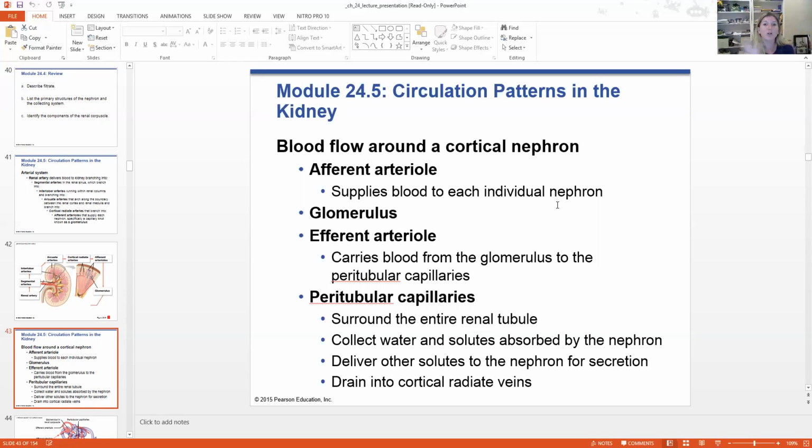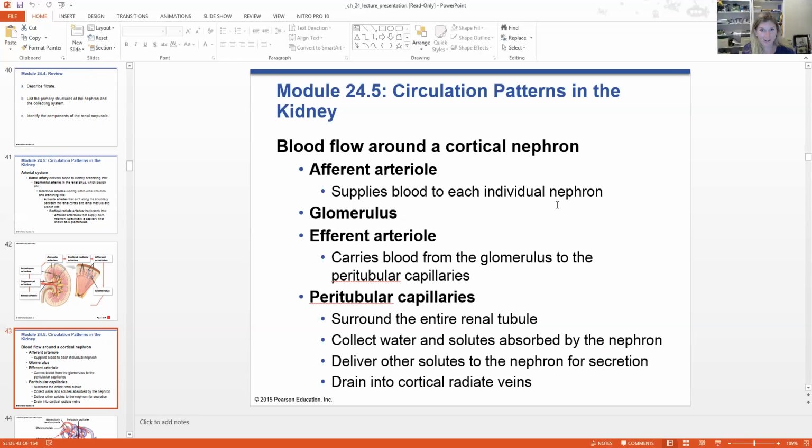They're collecting all of the water and solutes that were reabsorbed from our nephron. These are going to drain into the cortical radiate veins. So the efferent arteriole carries the leftover blood from the glomerulus to the peritubular capillaries. Peritubular capillaries pick up all of the extra reabsorbed stuff from the nephron, all leading back to the cortical radiate